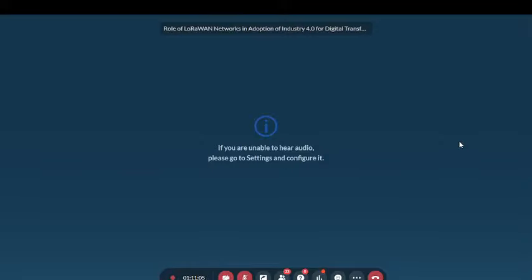Okay, so I have one question. We have some questions. The first question is, how can we connect normal temperature sensors to a LoRaWAN gateway? Okay, so when I say normal temperature sensors, it can be an RTD, it can be a thermocouple, these kinds of sensors. We can just place a LoRaWAN node there, and we can connect these sensors to the LoRaWAN node. Like we can connect these sensors through RTD or thermocouple converters.